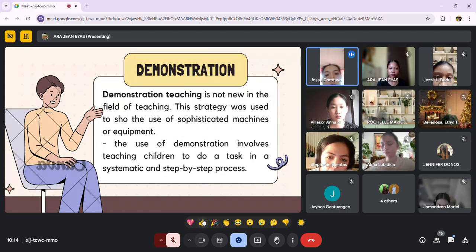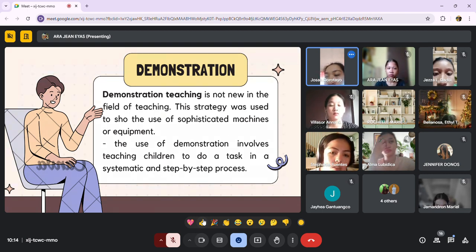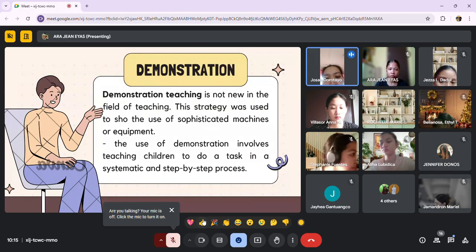Okay, so demonstration. When we say demonstration, it is not new in the field of teaching. Why? Because even during the past generation, teachers always conducted demonstrations to further elaborate the lessons more effectively and allow the students to grasp the information at their own pace. The use of demonstration involves teaching children to do a task in a systematic and step-by-step process.